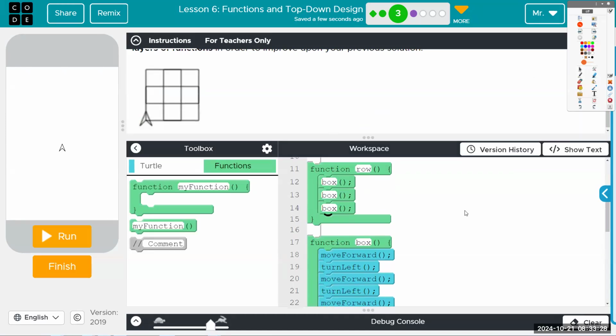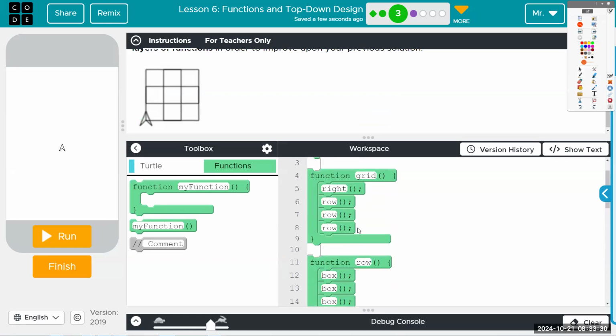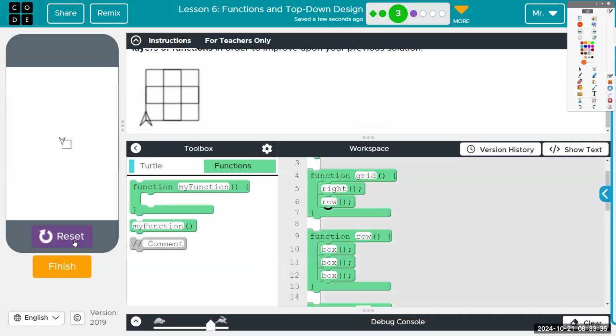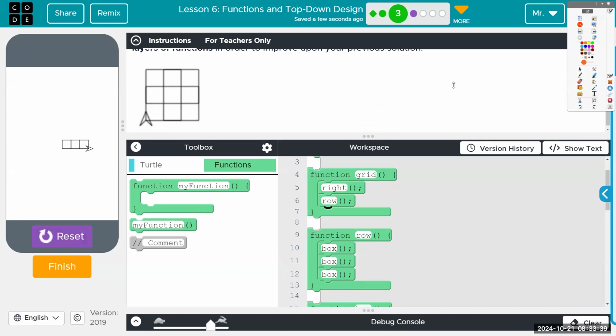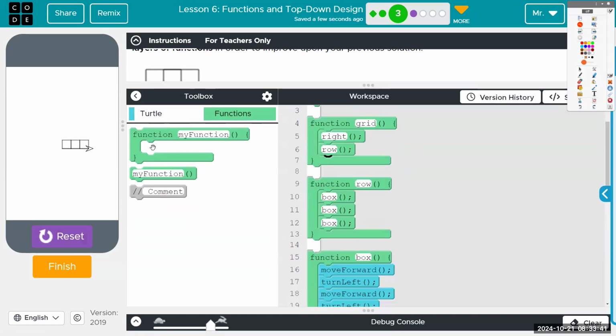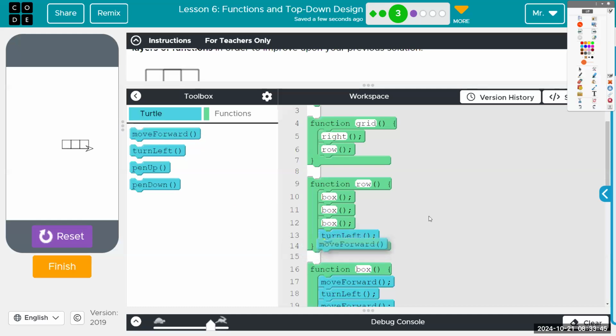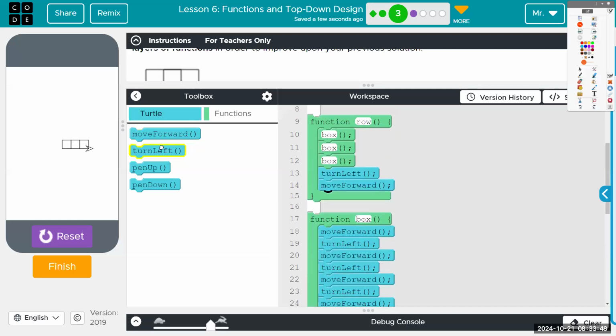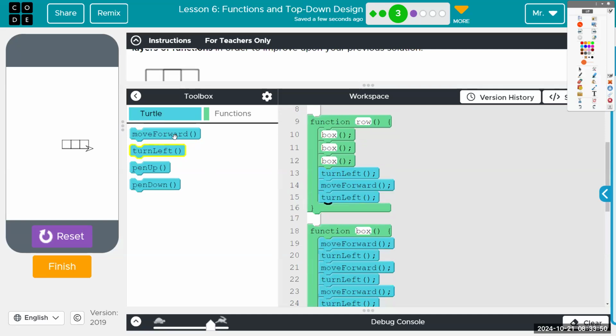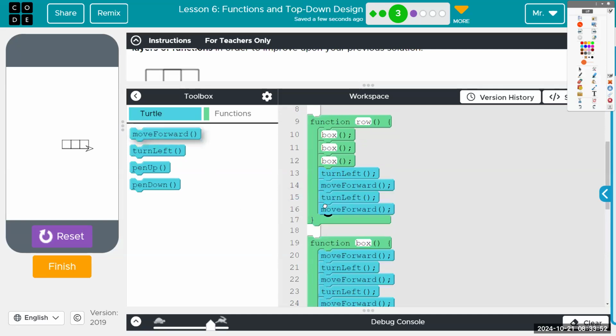So right now, each row ends there. So we need at the end of row an extra left turn, an extra move forward, and I have a feeling this is going to be its own function shortly. An extra left, a triple move forward,